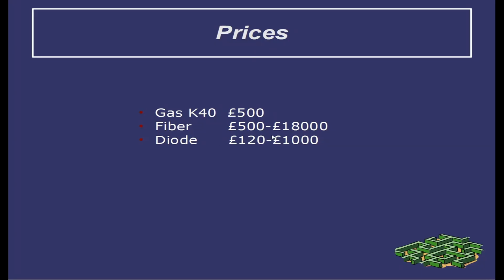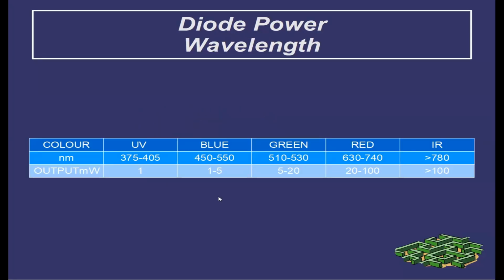A fibre one is 500 to 18,000, and that is right, £18,000. Diode ones you get from 120 to around 1,000. Now the diode wavelength and the power that you get out of it,